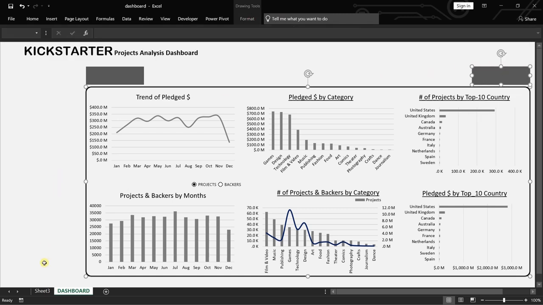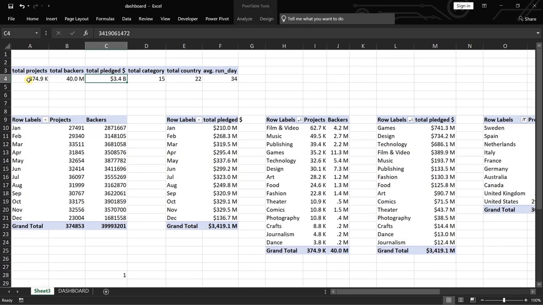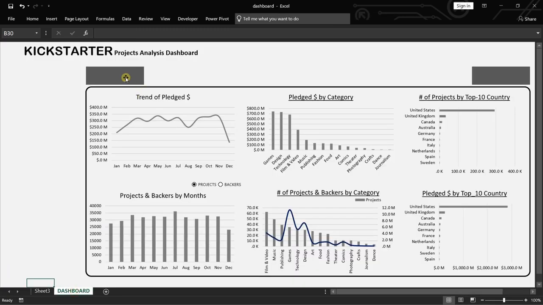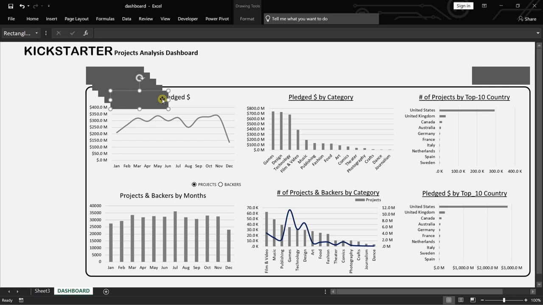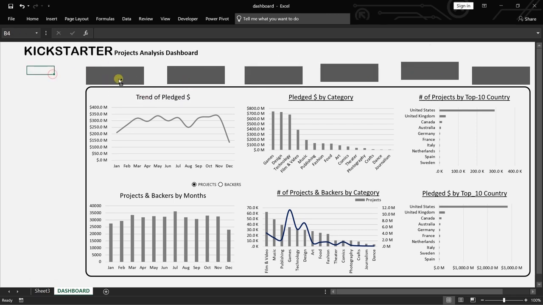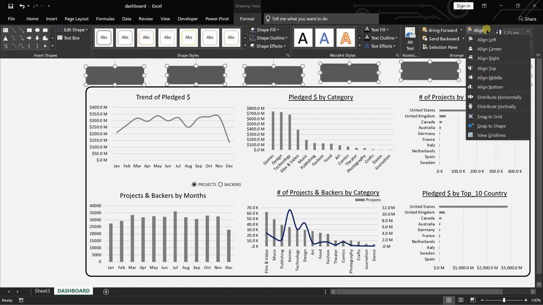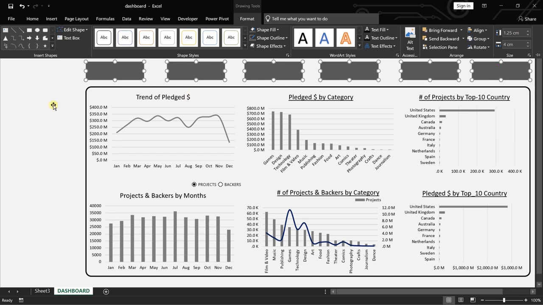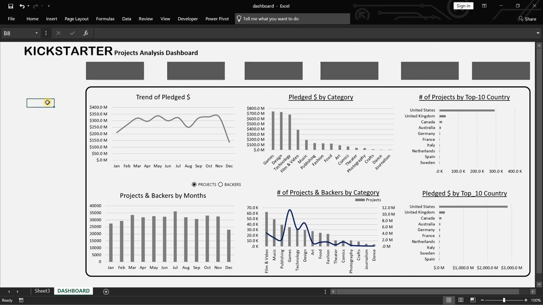Let us go to our analysis sheet and count how many values. 1 2 3 4 5 6. 6 values we have to bring, so we will need 6 boxes. We'll select all the boxes, again go to align and align top. Done. Now we'll click on any of the boxes, go to formula, press equal to, go to our analysis sheet